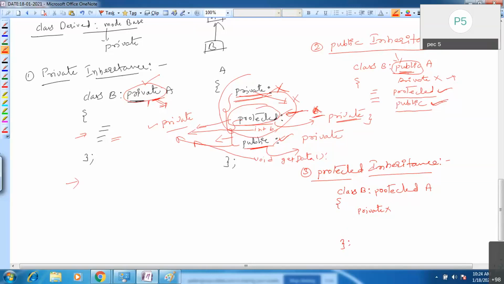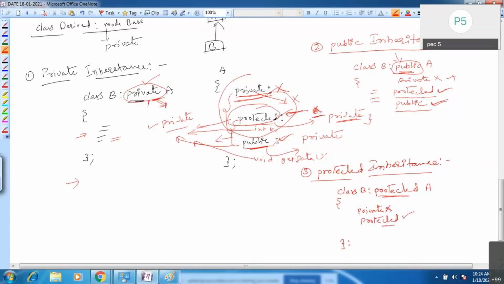If I use the protected keyword while deriving the class, private members you cannot access, and protected members will become protected.